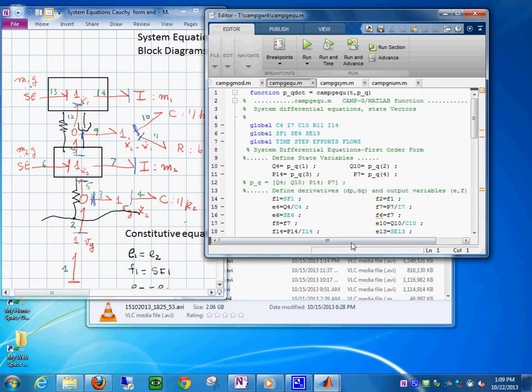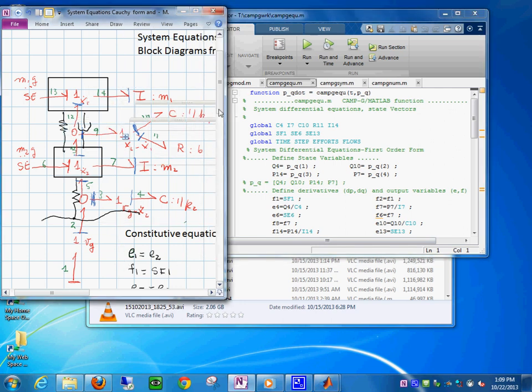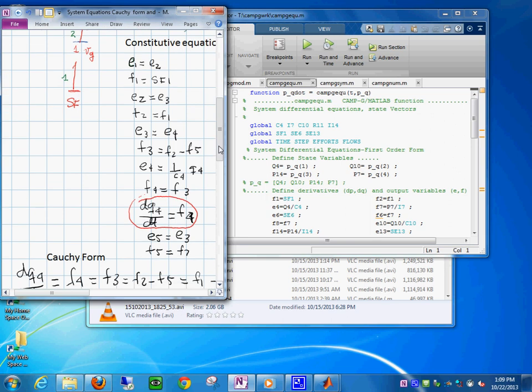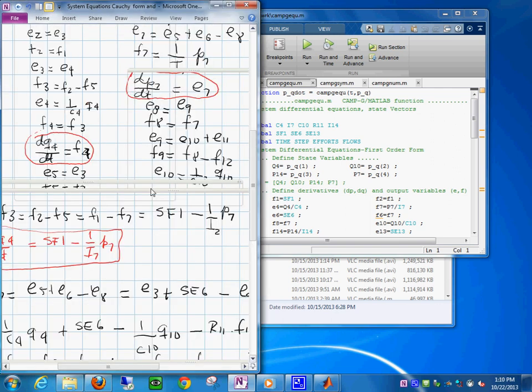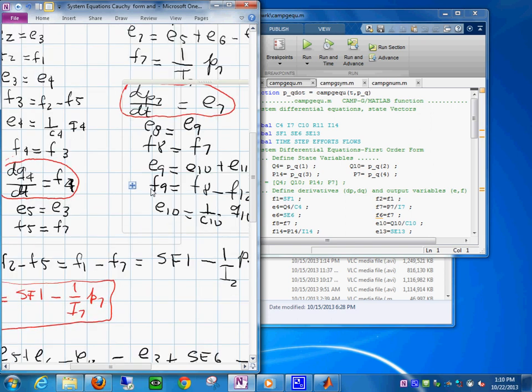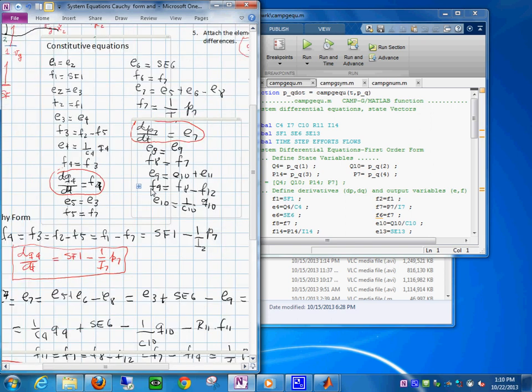I do. Okay, but I'm missing something. Oh yeah, the third column. But let's just use these two for now, because they are easy to see. Okay, so in here you see these are the equations on the right hand side. Take a look at the F1. F1 is SF1, see, is in here,